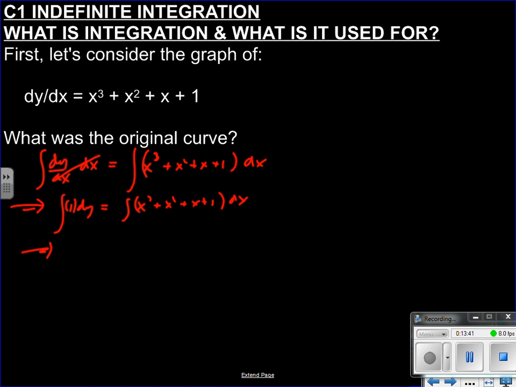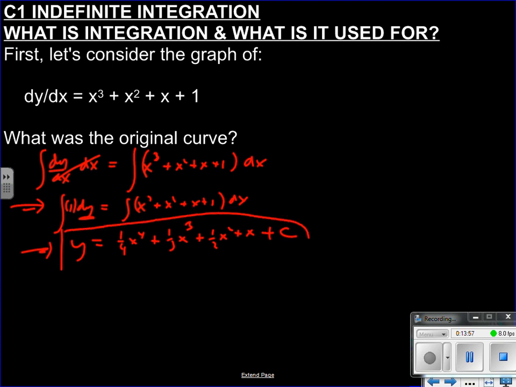So 1 with respect to y matches that variable, so that just gives me y, a quarter x to the 4, a third x to the 3, plus a half x squared plus x, plus c. This is my general solution,